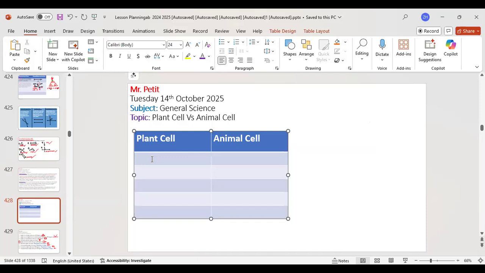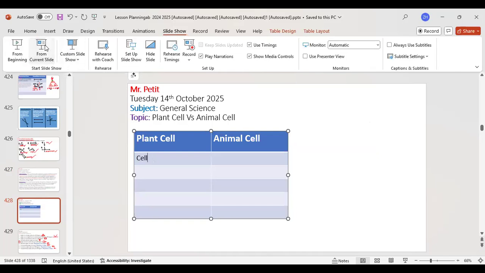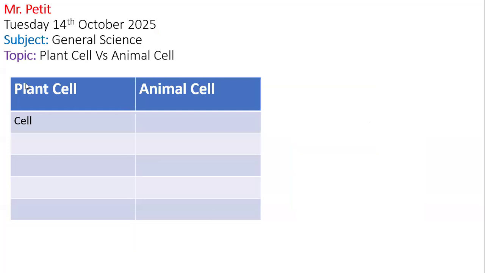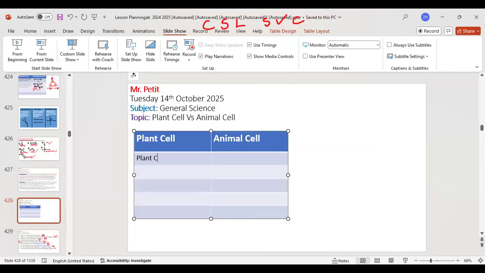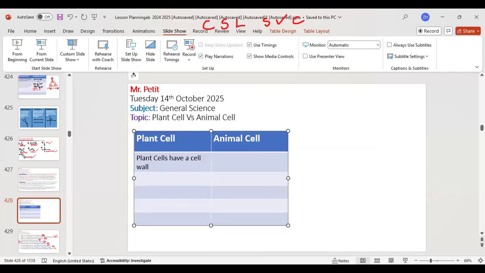Okay, so let's talk about the cell wall first. So the way I like to remember it is... what about plant cells have chloroplast and cytoplasm? I think it is. Yes. Very good. I think this is the acronym. I can't remember, but we could go through that and see if we could get all. So the first one is that plant cells have a cell wall. So whenever you're doing a difference, you have to say what it is. Don't just put the word.